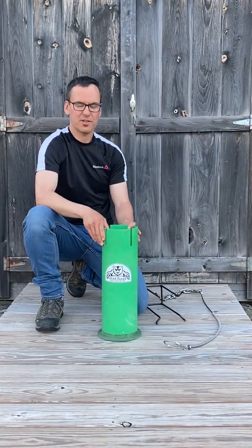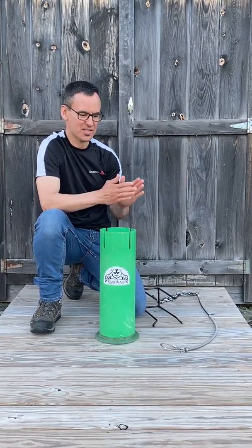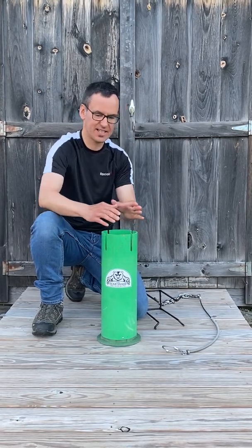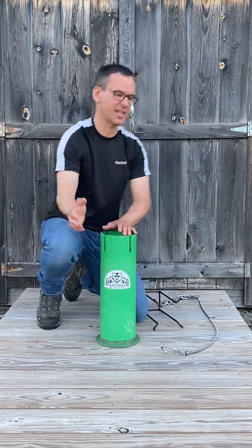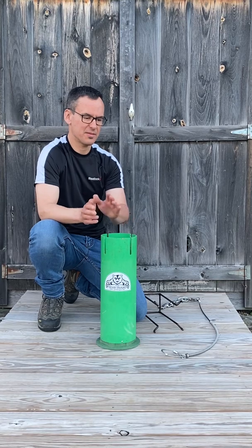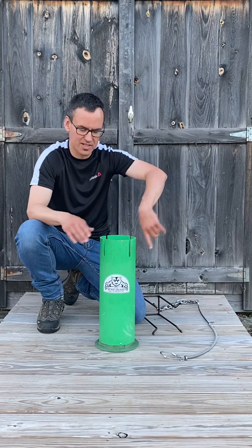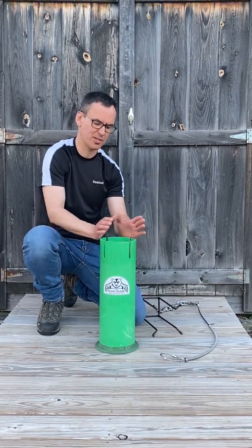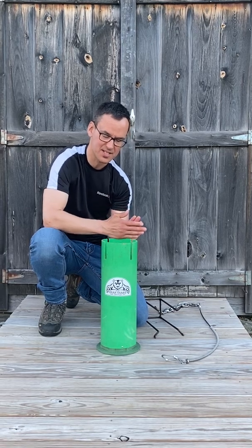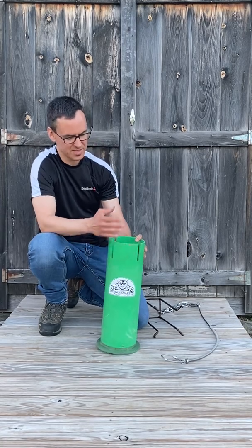So first of all, after you've selected your tree, you're going to dig a hole as close as possible to the base of that tree. Don't make the mistake of digging that hole 2 or 3 feet out away from the tree. There's reasons for that, but we can maybe talk about that at another time. The long and the short of it is, you don't want your bear working around this pipe. You want to give a solid base that this pipe is going to be snug up almost right against. So you're going to dig your hole right next to the base of that tree that you selected,